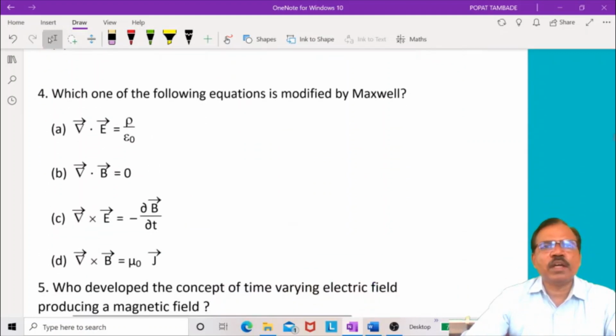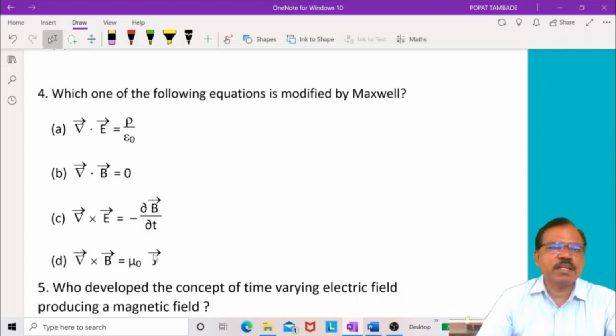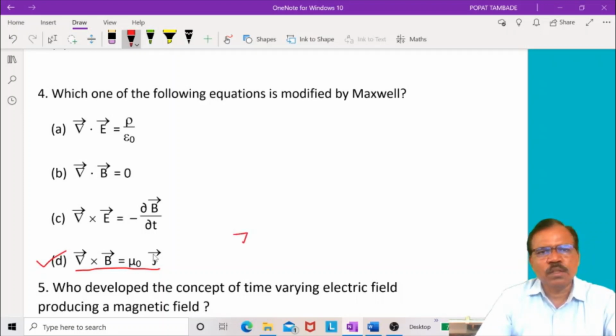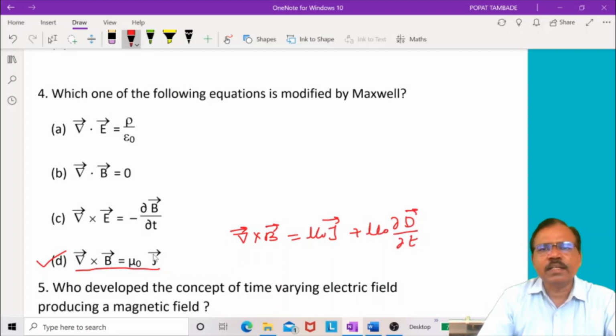Which one of the following is modified by Maxwell? Now Maxwell modified Ampere's law by introducing displacement current. So here del cross B is equal to mu 0 J. This is Ampere's law, which is modified, and we know that the modified form is del cross B is equal to mu 0 J plus mu 0 ∂D by ∂t, where D is the